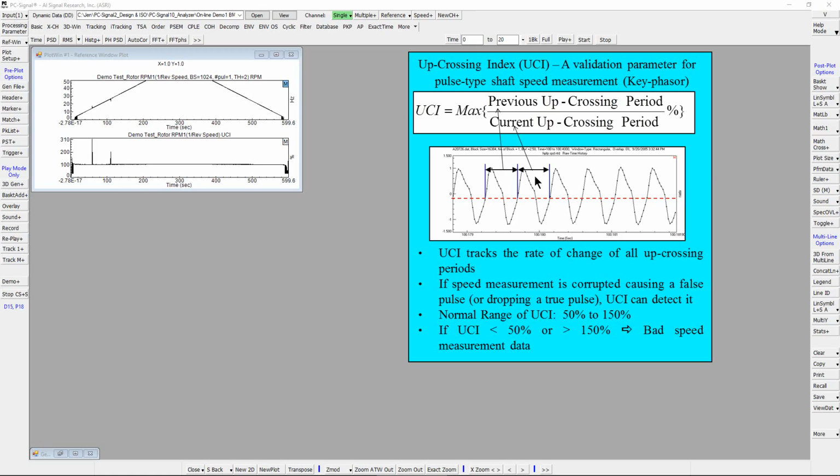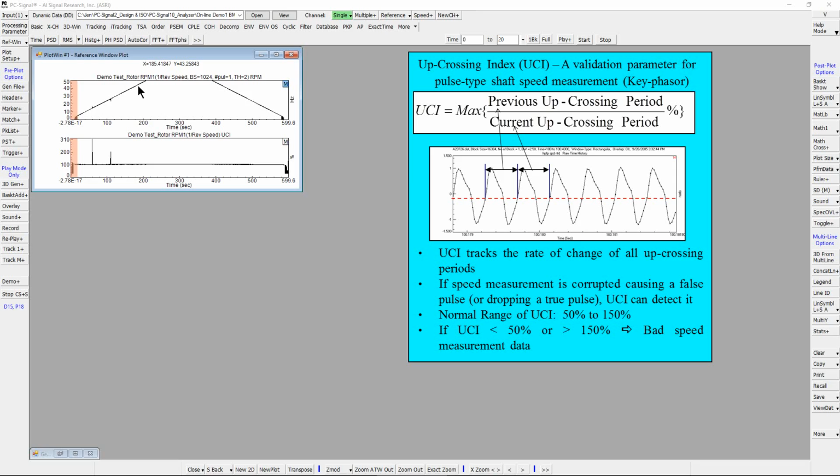If speed measurement is corrupted and causes a false pulse, or missing a true pulse, then upcrossing index can detect such corruption. As a rule of thumb, the normal range for upcrossing index is between 50% to 150%. Any upcrossing index outside this normal range could indicate bad speed data. For example,